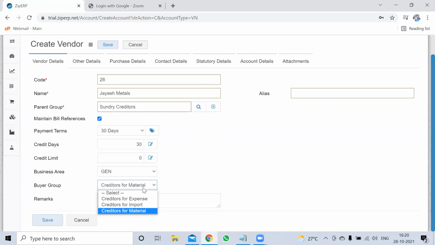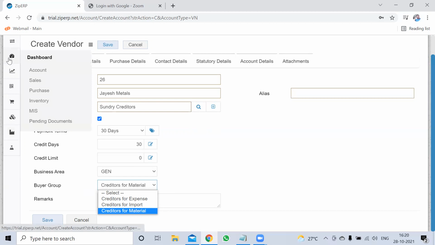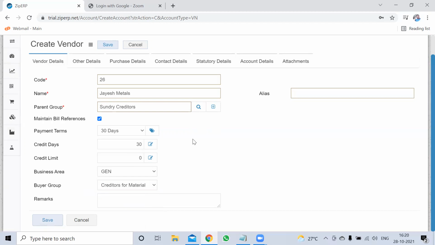If you want to edit this or rename this field, we can do it from the front end level, sir. Also the terms and conditions, payment terms, we can set like 60 days, 30 days. The system will check if both the days and limit are exceeded, or one of them. The system will give you a reminder while you are booking the PO or the invoice, but at the invoicing level, the system will block it because the payment has not been done.